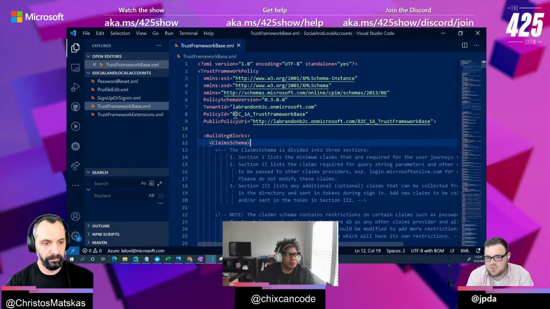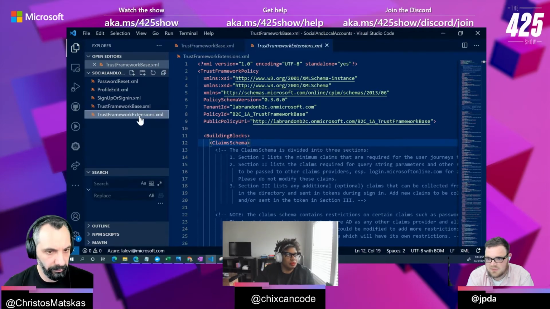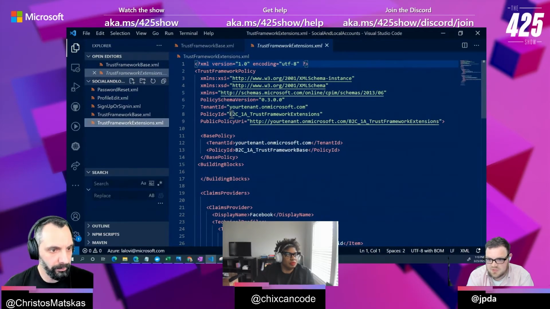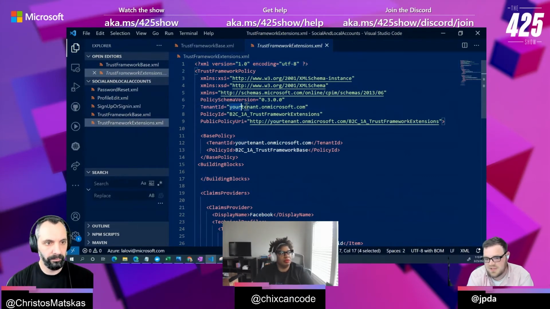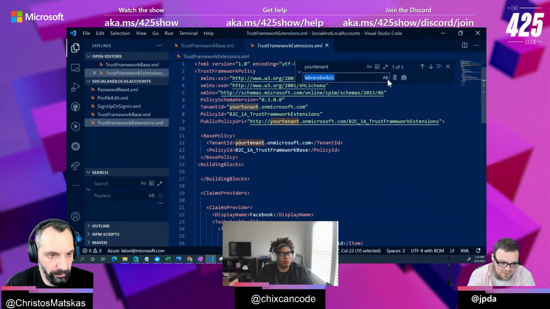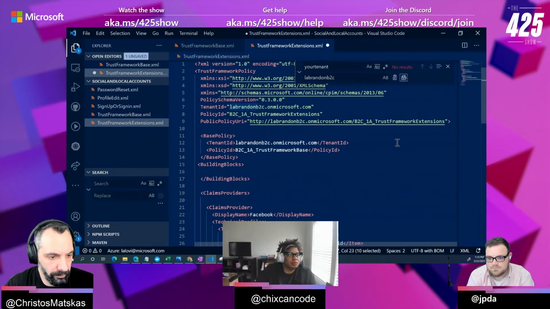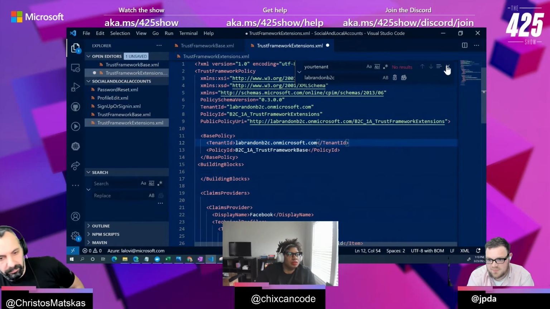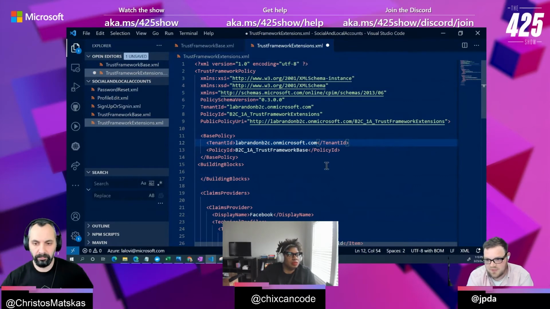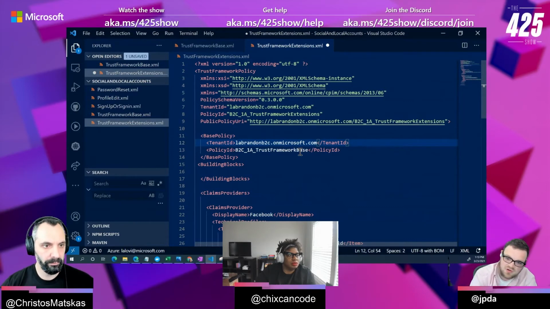If we look at the next one, which is extensions, it's going to be a little bit different. So you'll notice there's a tenant ID, which we have to change. The policy ID is different, but there's also this base policy element. And that base policy element, that's how we get our inheritance. And so what we're saying here is that this policy, LaBrina B2C.onmicrosoft.com WAC B2C1A Trust Framework Extensions, inherits from this